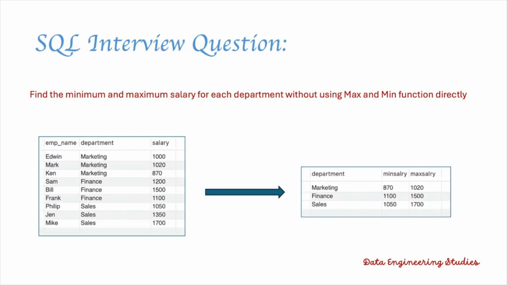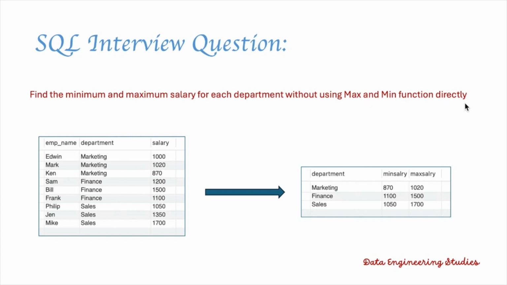Hello everyone, in this video we are going to see an interesting SQL interview question. We are given an organization's table which has 3 columns: employee name, department and salary. We need to find the minimum and maximum salary for each department without using the max and the min function